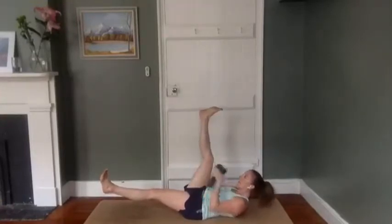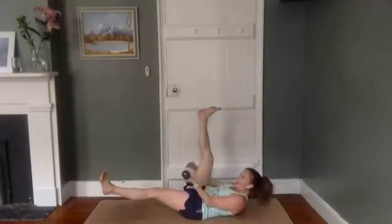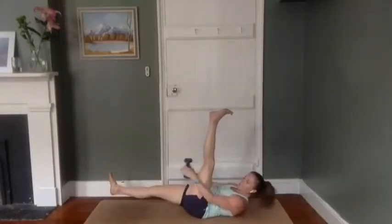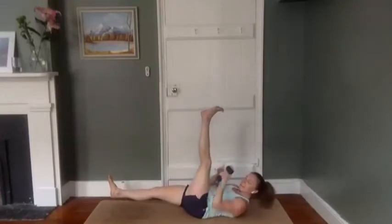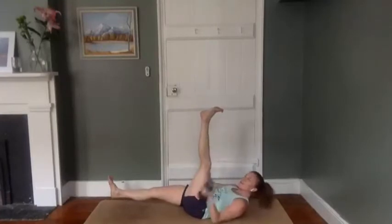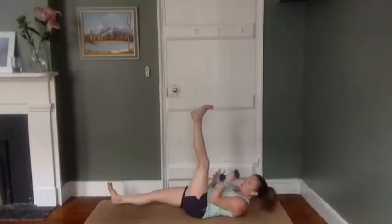Last 4, 3, can you lift a little higher off the ground? 2, 1, breathe, break, reset, other leg, here we go for 10. A little around the world, 9, 8, 7, 6, 5, 4, 3, finding that strength, 2, 1, weight over the